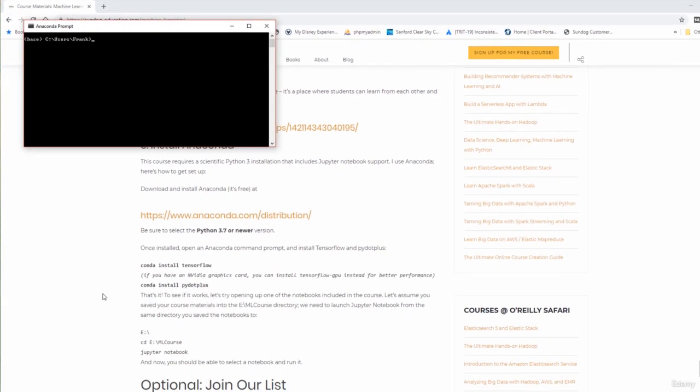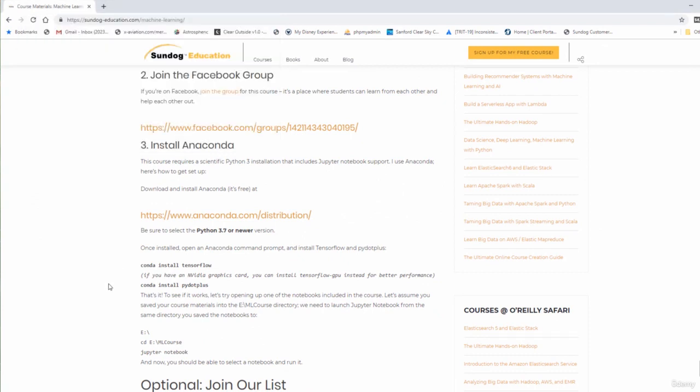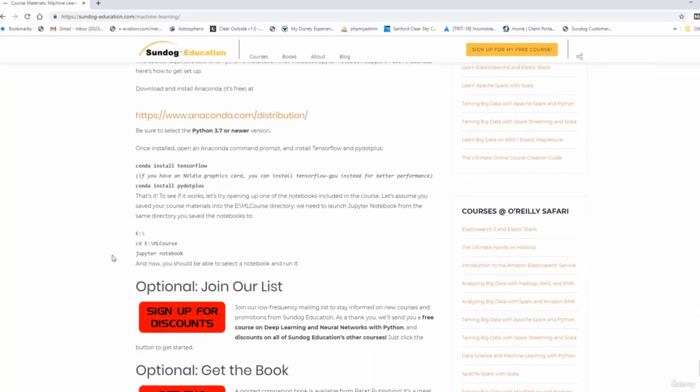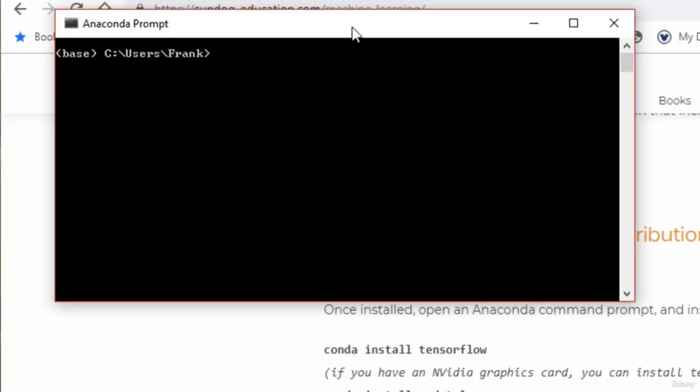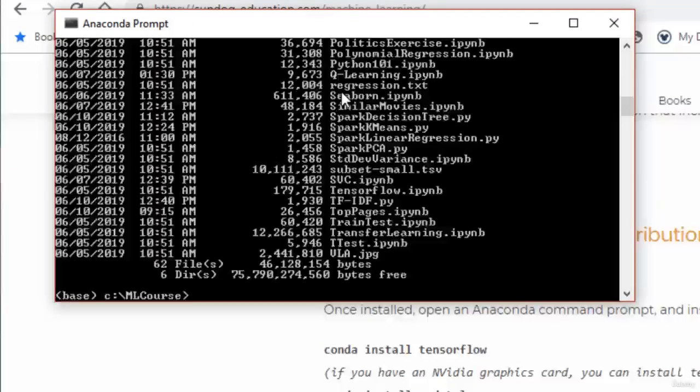You do not need to install PyQt for this particular section of the course. Can't hurt to do it, though. That's also part of the setup instructions for the larger course. And you also need to understand how to actually start the notebooks once you have them installed. From that same Anaconda prompt that we talked about earlier, to actually launch one of the notebooks in this course, you would first change your directory to wherever you installed the course materials. For me, I put them in C:\ml course. And if I do a dir, you'll see all the course materials are here. From here, if I type in jupyter notebook, and Jupyter is spelled funny with a Y,